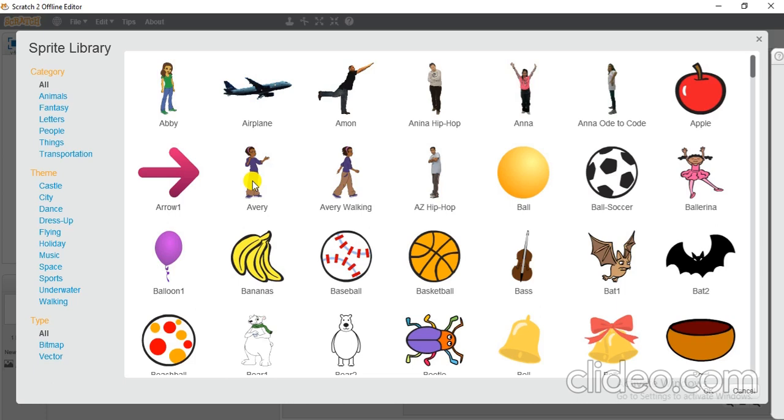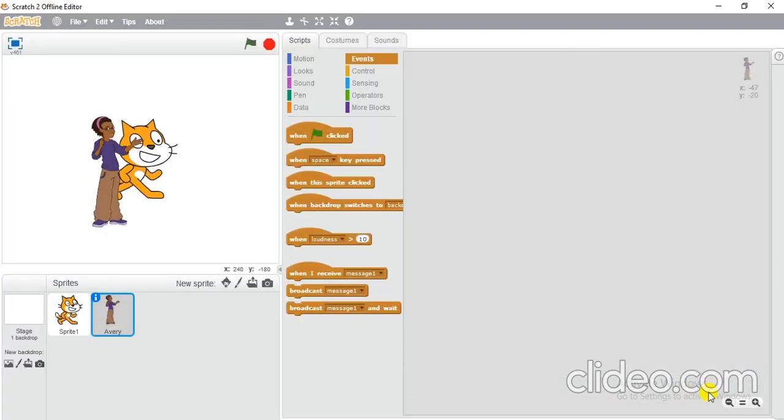If you want to select any other option, you can go to the left section and you can see there are so many categories present over here. You can select any sprite and simply click on OK. When you click on OK, you will see the particular sprite that you have chosen gets added on the stage and in the sprite list below. So this is your sprite and you can see there is a sprite list. You can click, drag and drop the sprite anywhere on the stage. So this is the first method to add a new sprite.